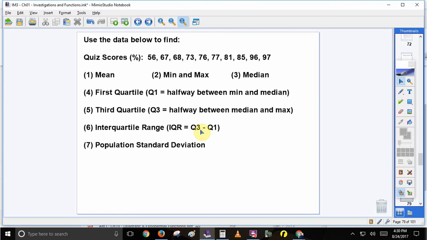The interquartile range, Q3 minus Q1, and the population standard deviation will be the real challenge problem. So you're going to need to find the average, the mean, subtract each of those from the mean, and then square them, add them up, divide by the number of entries, and take the square root and see what you come up with. All right, so there you go, guys. Lots for you to do, a lot of new